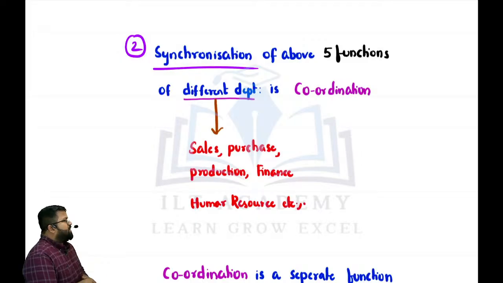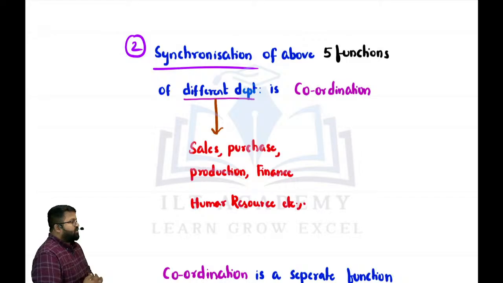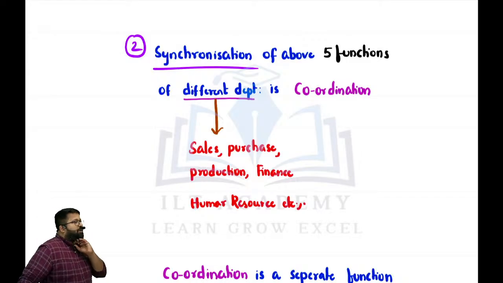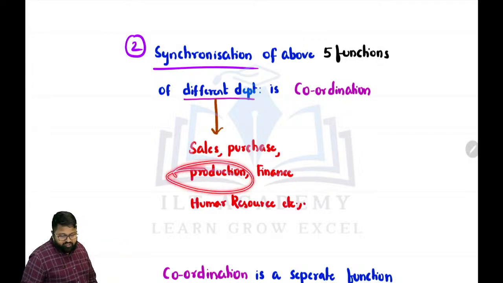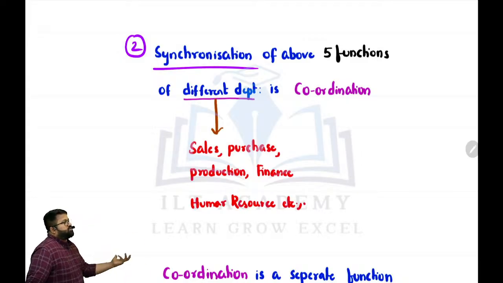These all departments should go with one single motive and with coordination. For example, our purchase manager procured 500 tons of raw material, but it is not required. Then all the investment got lost. Na? So we might purchase the material on cash. When we are purchasing without any knowledge of how much is required, that is, production department and purchase department, if they are not connected to each other, whatever I purchase may not be used. What quality is required, even if it is not known to me, I may not purchase that quality.